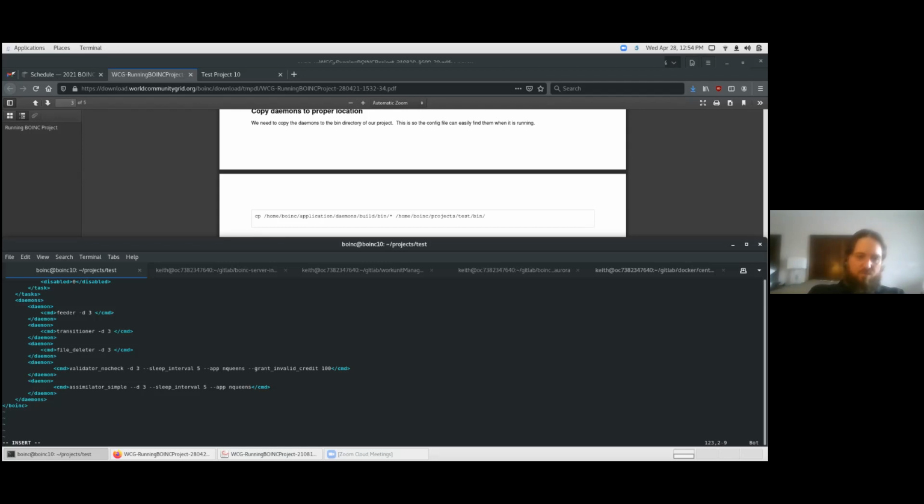The file deleter is pretty simple. Anything that's been completed gets deleted after it's done. After it's been assimilated, it deletes it from that directory because you no longer need the data. It'll delete both copies if you have more than one copy of the result that gets sent out. All of that gets cleaned up. So